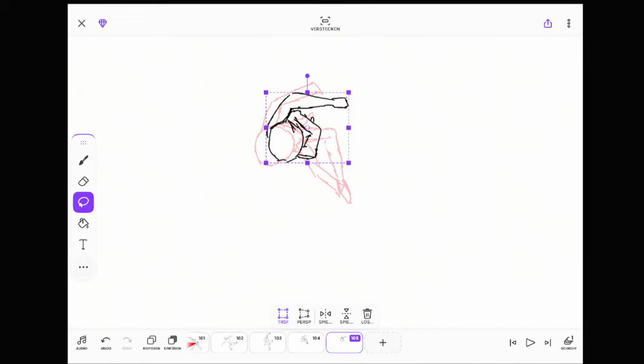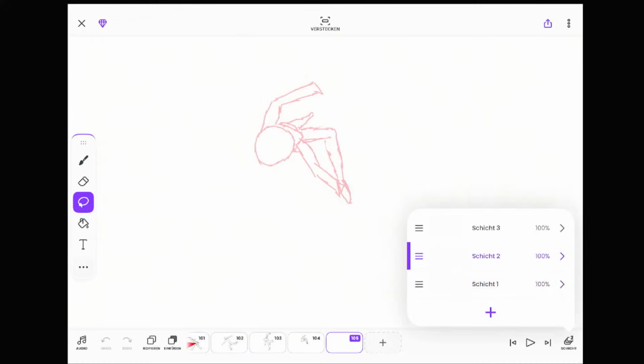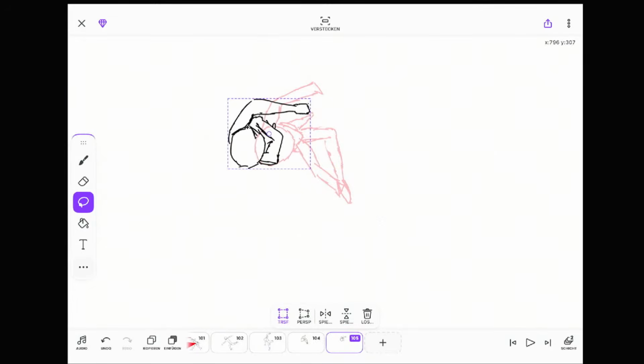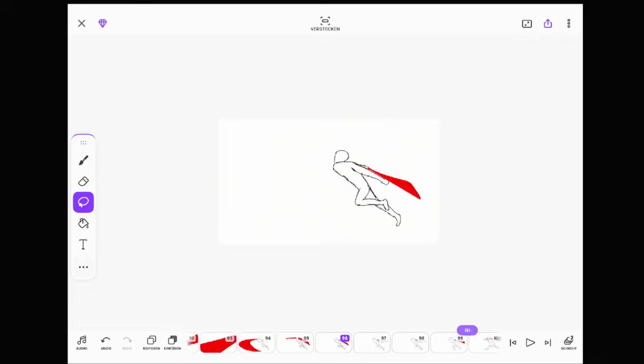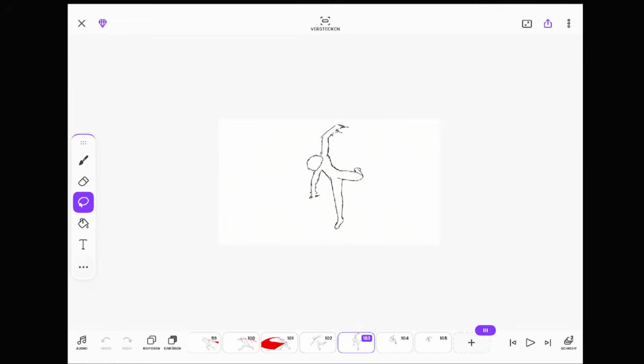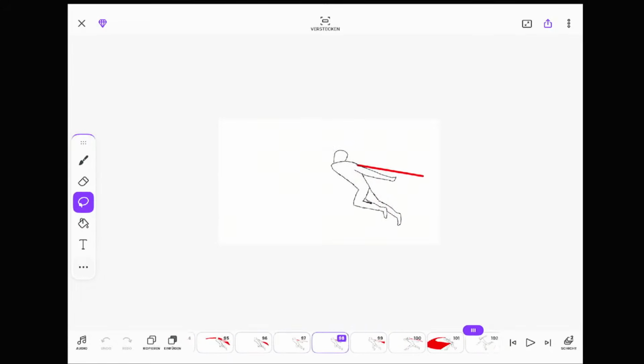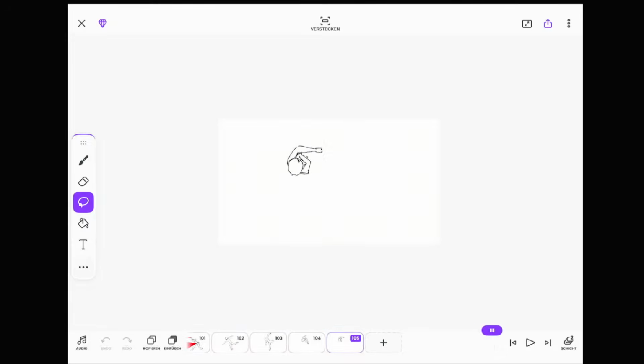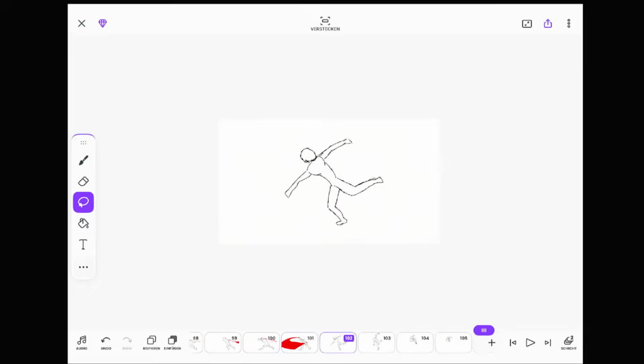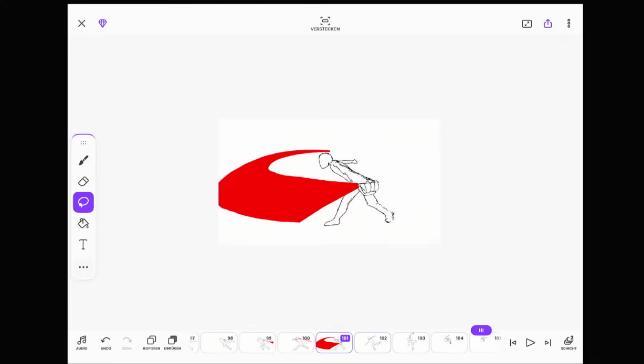Wrong layer, okay. Change that to layer 2. It goes a little bit too fast right here.